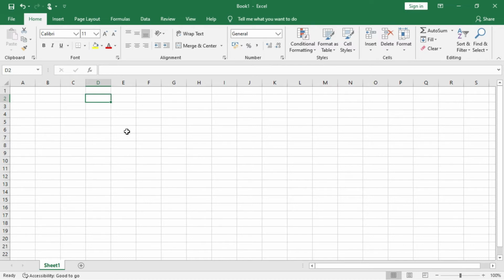Whenever you are entering a number, click on the cell and then type. Suppose here I want to enter a number. I will come over here, and this is my active cell right now, shown in the name box. Whenever you enter the data, it will be reflected in the formula bar also. The formula bar is the place where you can edit or enter data. Here also I can enter the data. If I click either here or here, anywhere I can enter the data. This is used to insert the formula, or you can edit or enter the data.